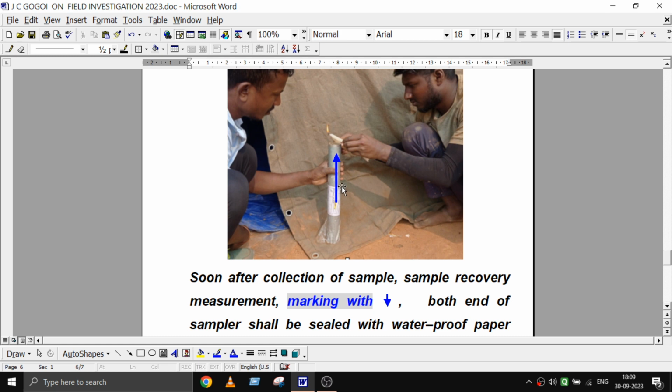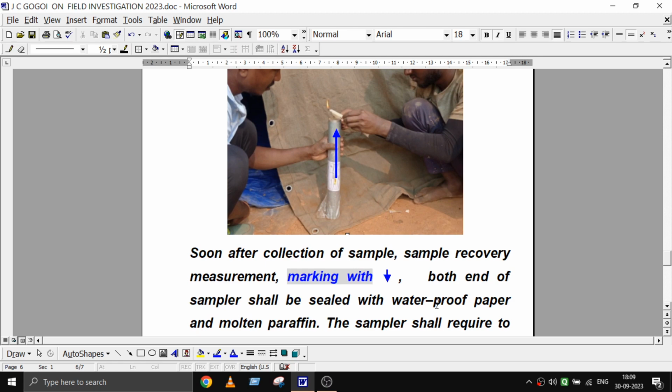This is our ground level, and this is collected at 10 meter. Here it is 10 meter, here it is say 10.45 or 10.50, whatever it may be. That should be noted separately, but these arrows should be written there, and both ends sealed with